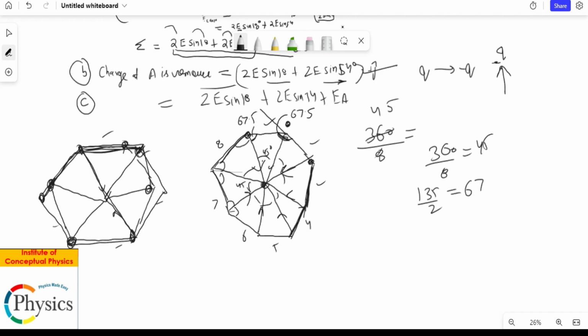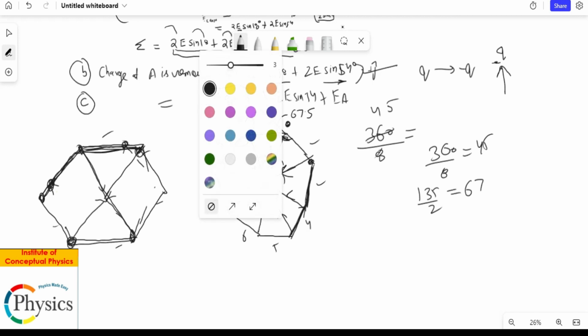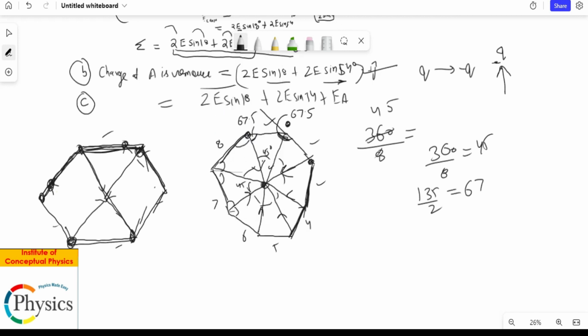So you have this figure now, and let me just rub something off. The point I'm trying to drive home is that if it's a regular even-sided figure, okay, and let's see if this looks slightly better than this one. Okay, this is a bit better. Now if you notice, everything is symmetrical. Okay, and that's a point. If you don't see symmetry, you don't cancel. Now this vector and this vector cancel, this vector and this vector cancel.